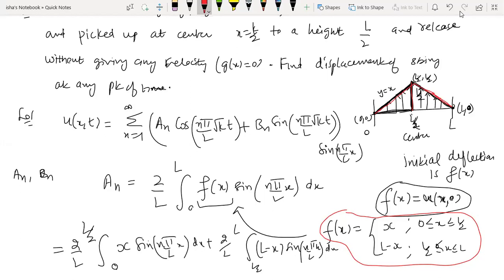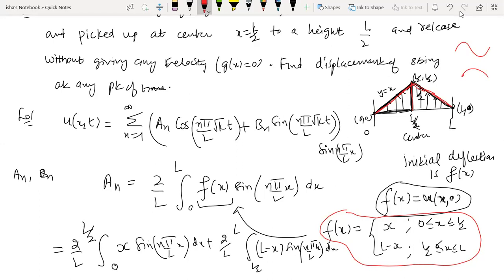So now we have to write a mathematical function for this. Like if it would have been this kind of profile, we know the mathematical function is sin x. It would have been given to you. If it would have been picked up this way parabolically, they might have told you, but they have just told you it's picked up from the center and released. So this is how it is going to generate a curve.